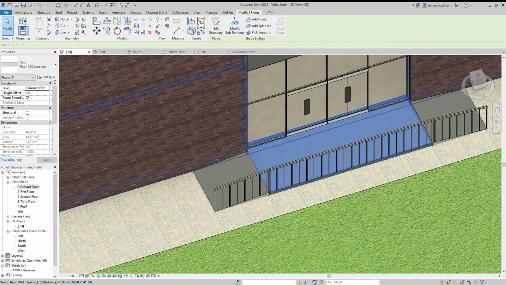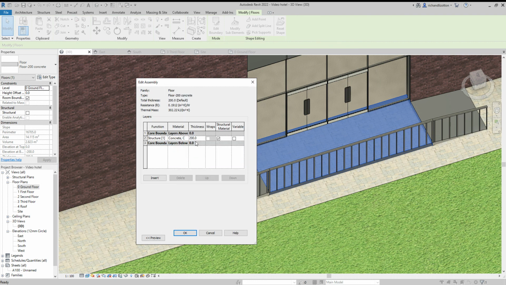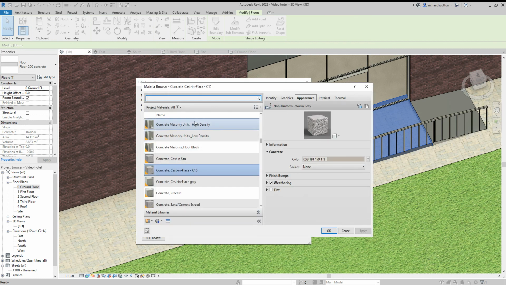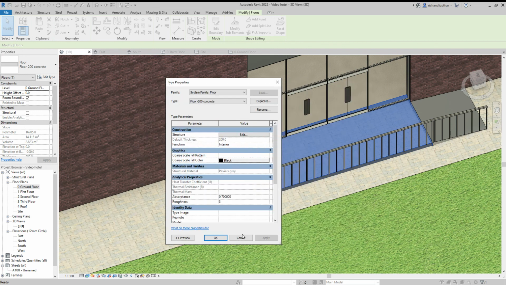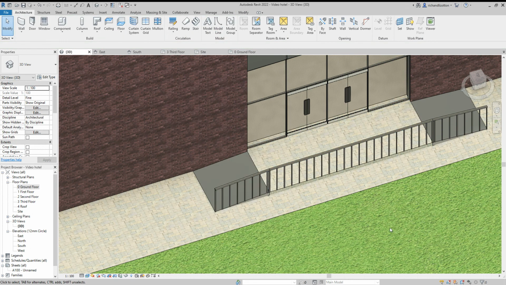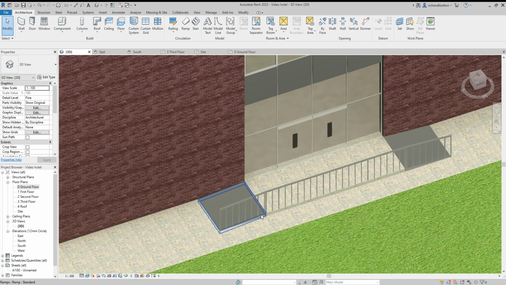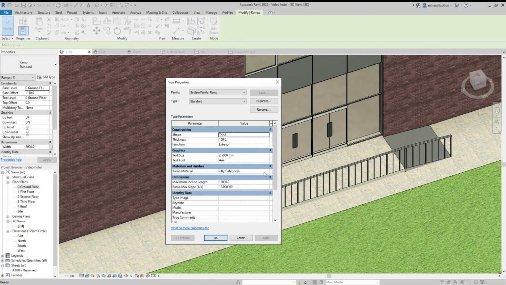So I'll click Edit Type, edit the structure, and instead of being concrete, I'll change that one to our paviers. Say OK. And there, that would be like that. And we could also have a look at changing the material of the ramp to the same